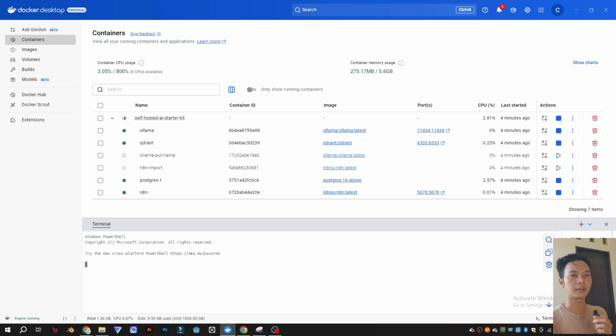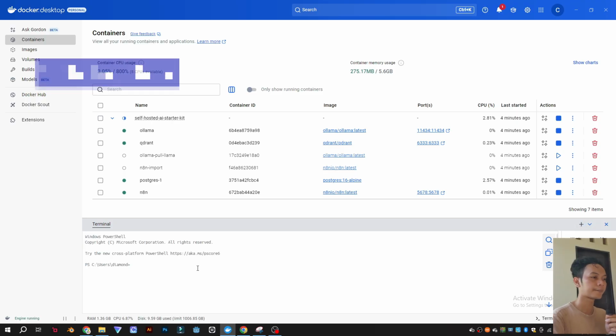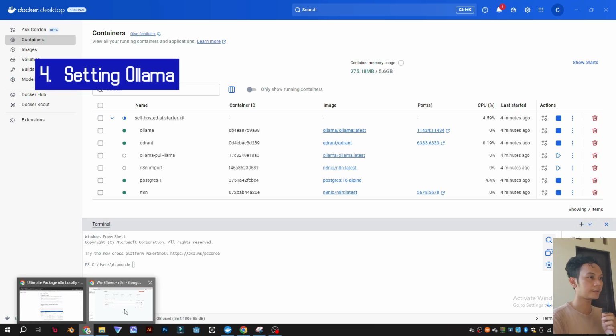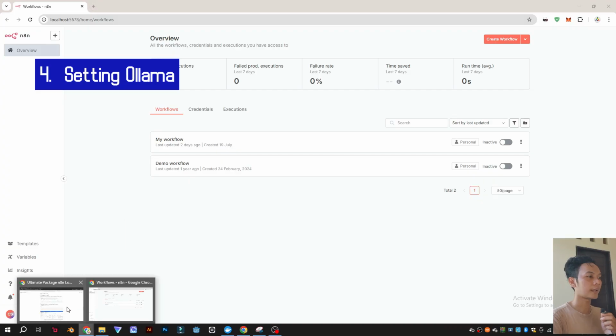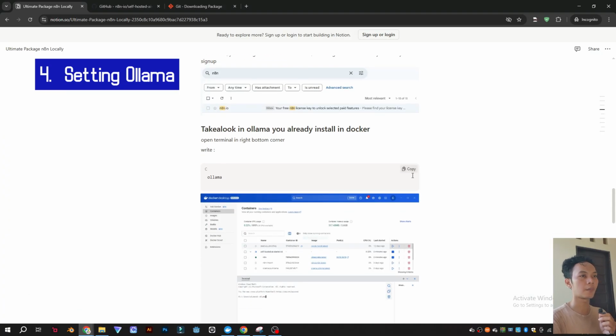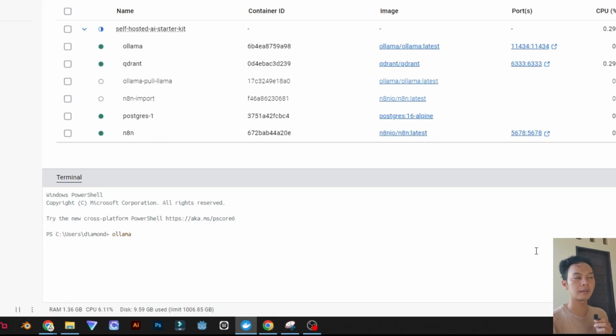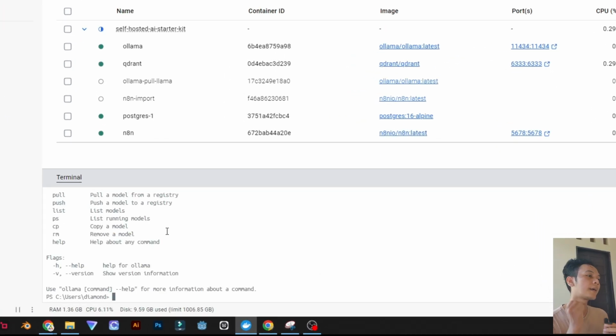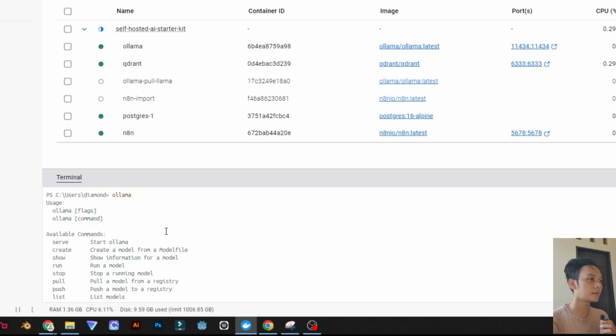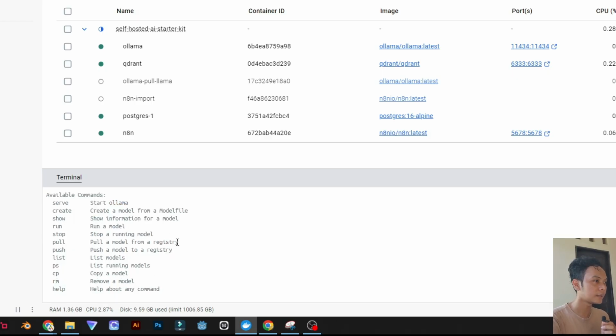For now, open a new terminal, then right here, use this command to open your Ollama, or you may have already installed it before in the self-hosted AI kit. Paste it in the Docker terminal, enter. So you can see here, Ollama is already here.